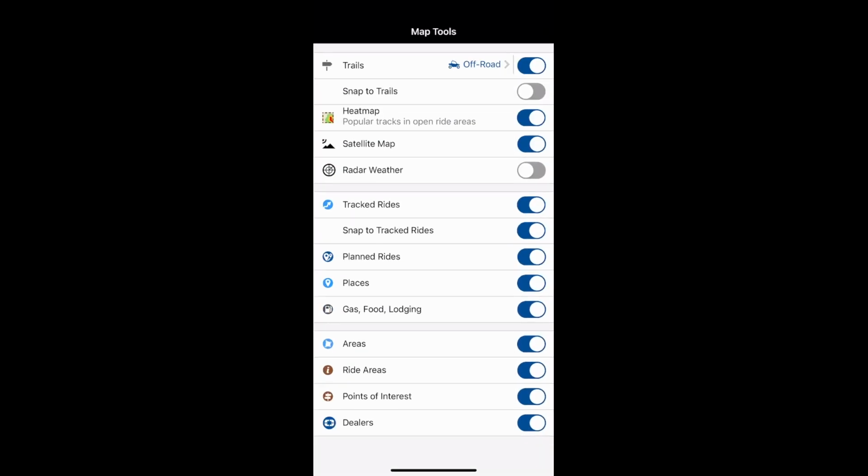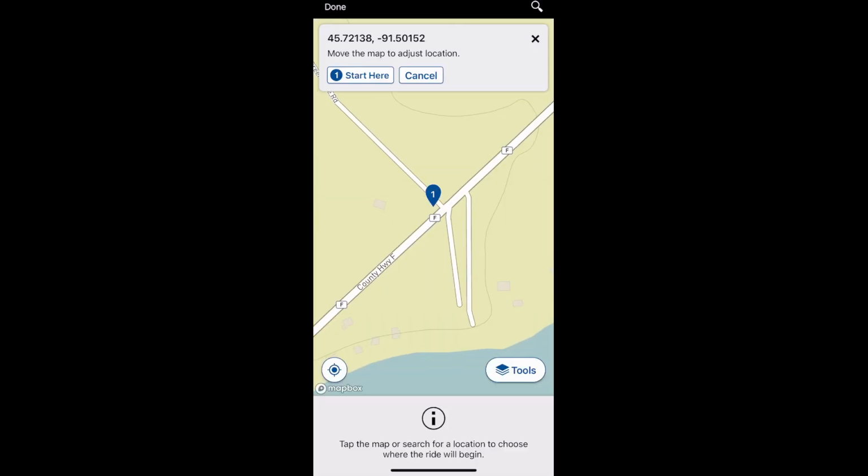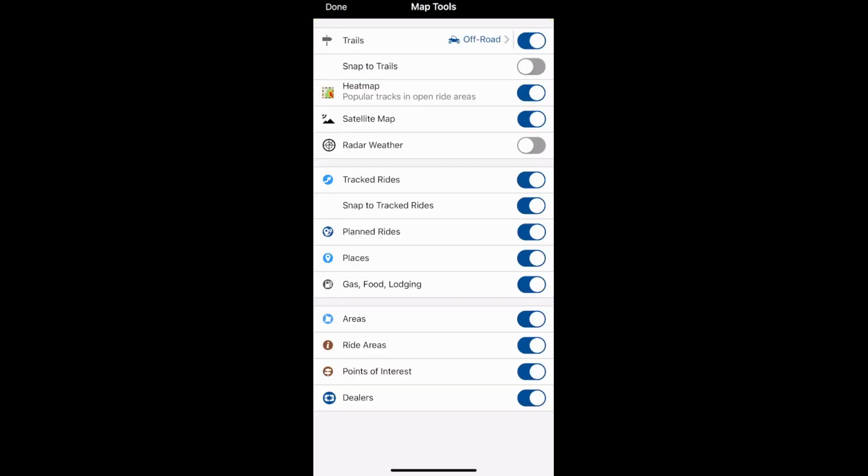Once you click on that start 1, you want to make sure that snap to trails is on. Let me go back here a second. All right, so snap to trails. The way snap to trails works, if you're not aware,